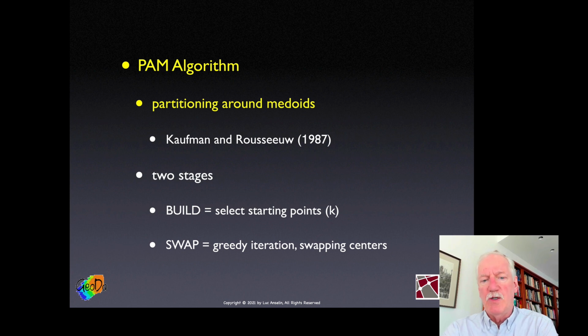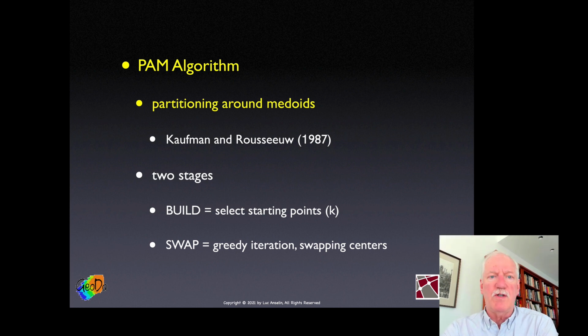and they proposed an algorithm called PAM, partitioning around medoids. The PAM algorithm actually consists of two stages, very similar to what we saw for k-means. The first stage, they call build, is to select k starting points. And then the second stage is swap, a greedy iterative heuristic that proceeds by considering different swaps of centers